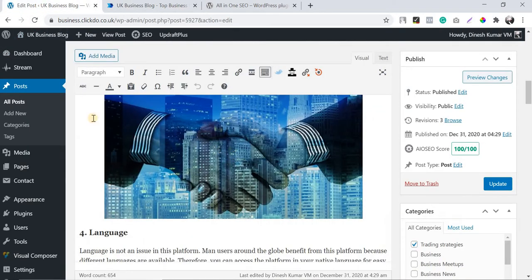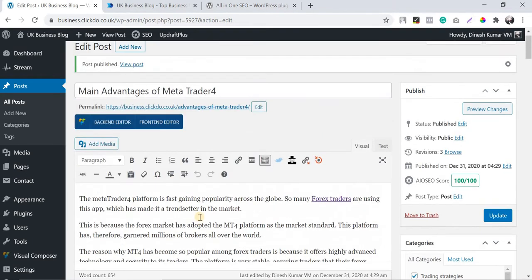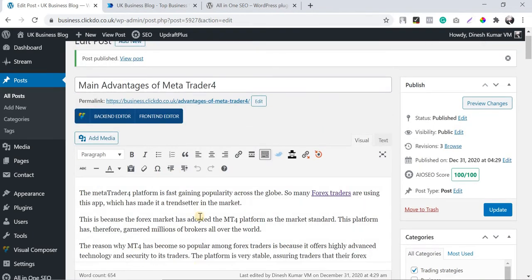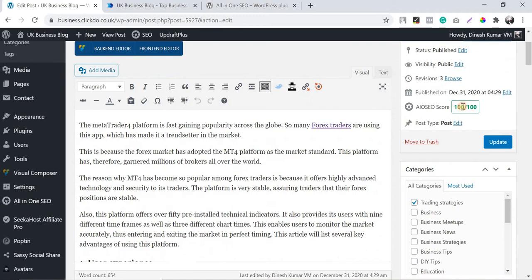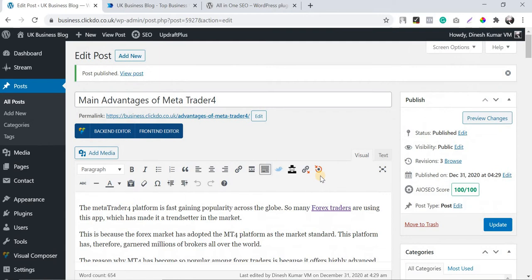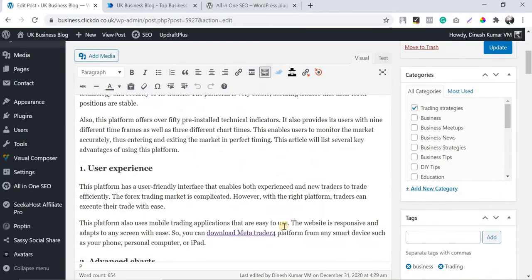And today I have published one blog using the All in One SEO plugin. I have done the on-page for this blog, and you can see that the plugin's SEO score is 100 out of 100. So I'm just going to share some smart tips by which you can make your on-page perfect, and even get this on-page SEO score through the All in One SEO plugin 100% perfect. So let me share some.